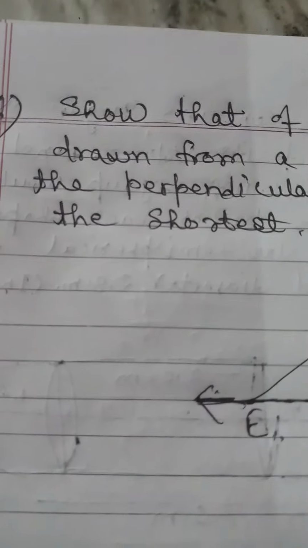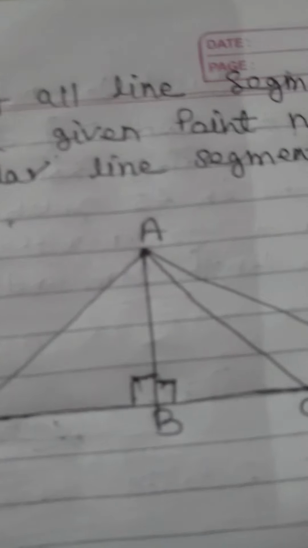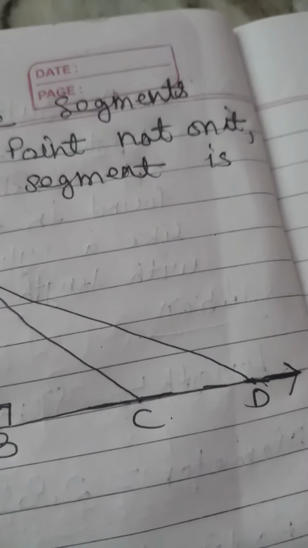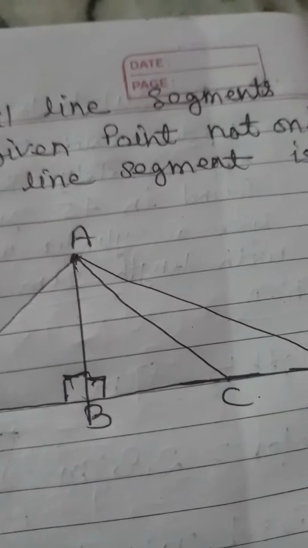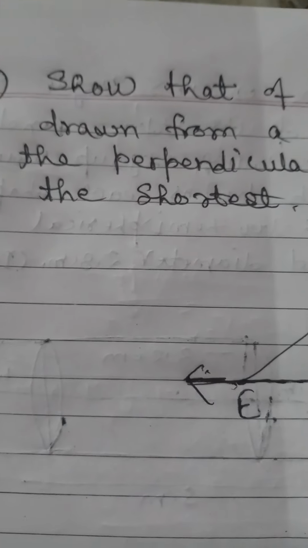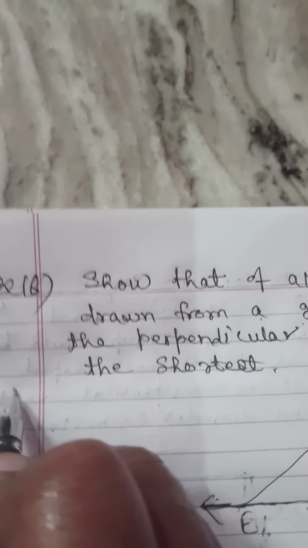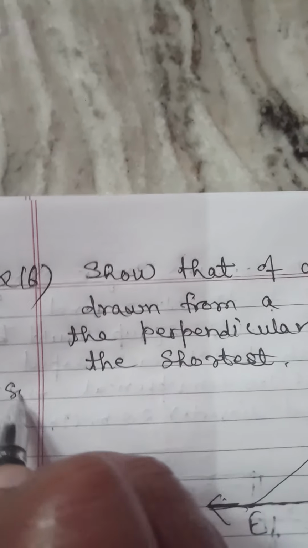Question number 6. Prove that of all the line segments drawn from a given point, not on it, the perpendicular line segment is the shortest. Now, to find the solution of this question,